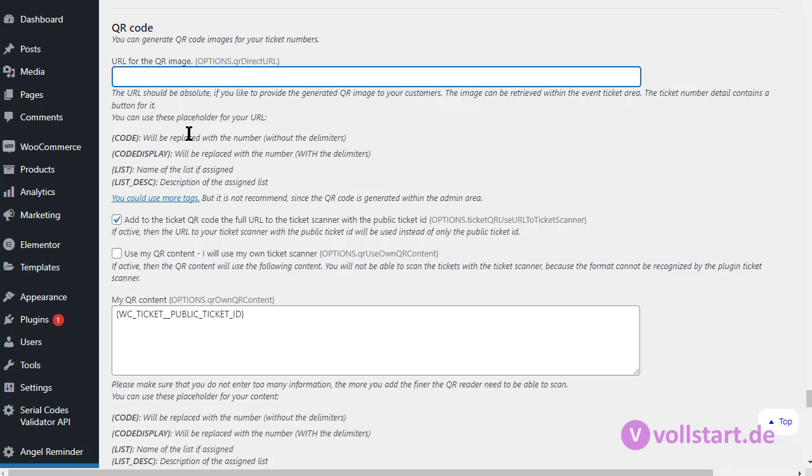You can access this within the admin area. So this is a special need here. Leave it like it is and you're fine. I explained this: if you need the fully qualified URL because you have a third-party system and you jump via internet browser to the ticket scanner and redeem immediately, then you can use this option here.